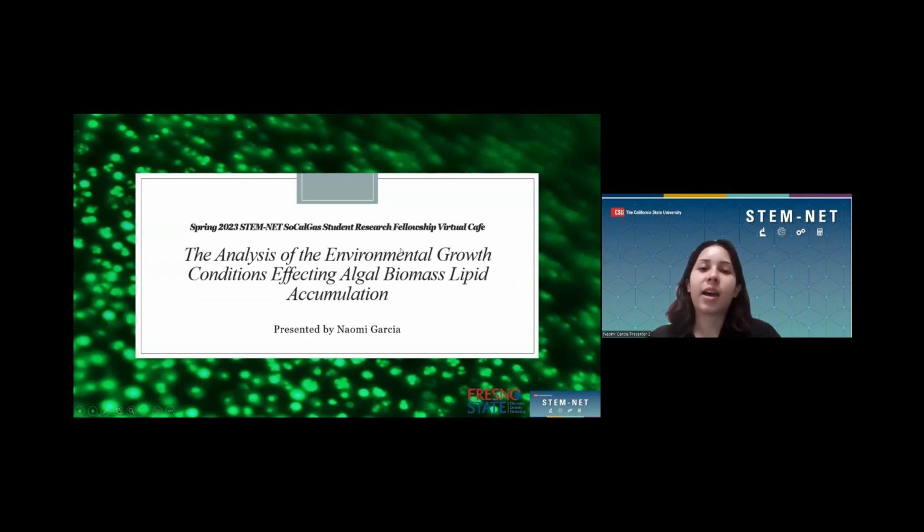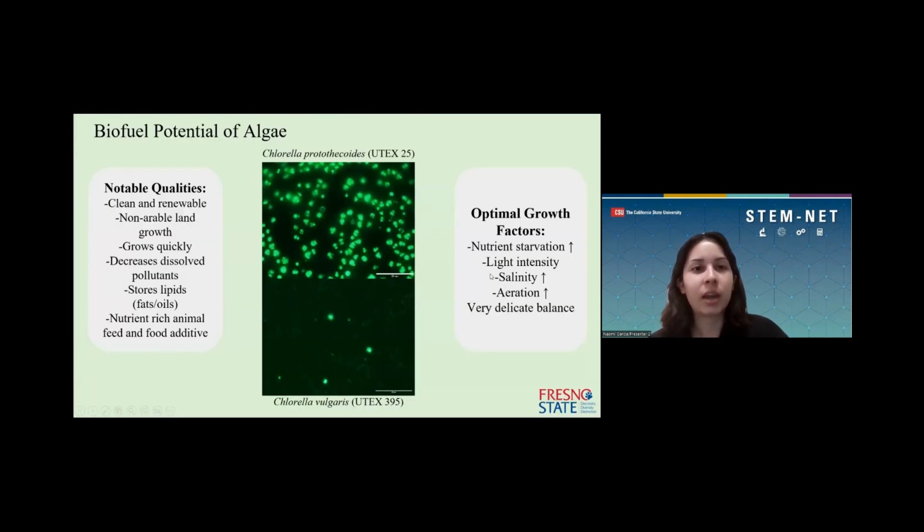Okay, so yes, this will be about algal biomass and lipid accumulation, more specifically two environmental growth conditions that affect this. So let's get straight into this. Why are we looking into algae as a potential biofuel? This organism has certain notable qualities. It's very clean and renewable as a resource. It can grow on non-arable land, and compared to other carbon-based counterparts, it just grows very quickly and doesn't take up much space. When you put algae into wastewater, it also has the potential to absorb the dissolved nutrients suspended